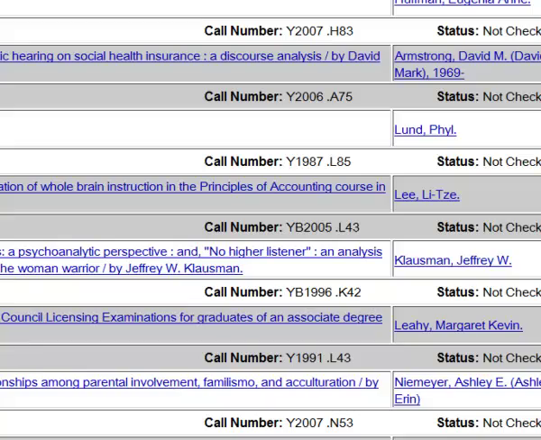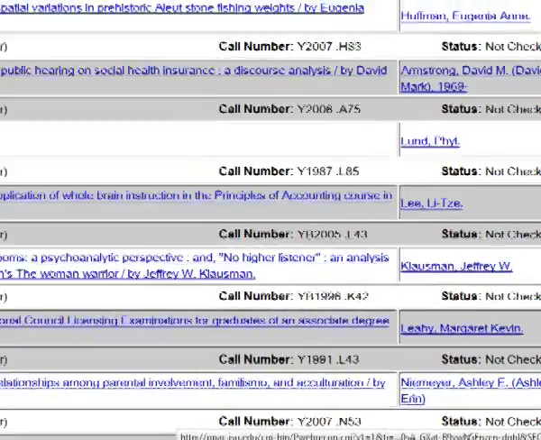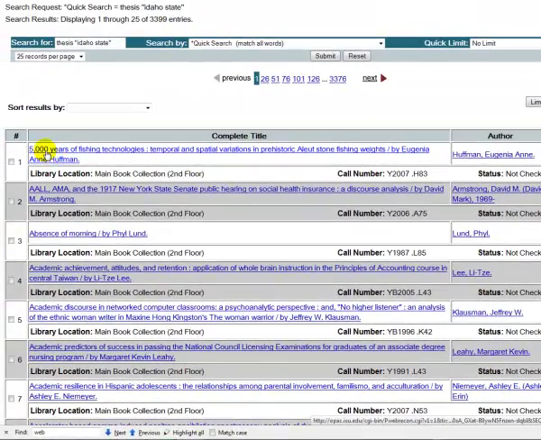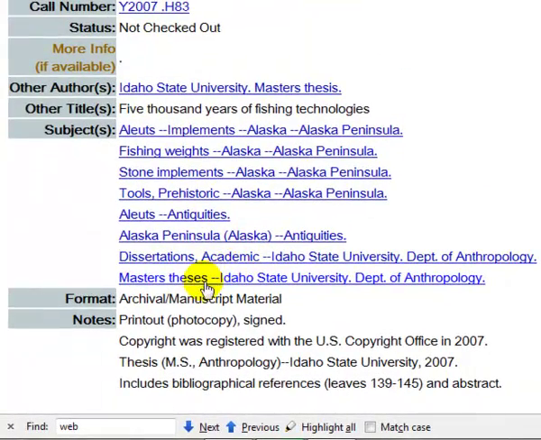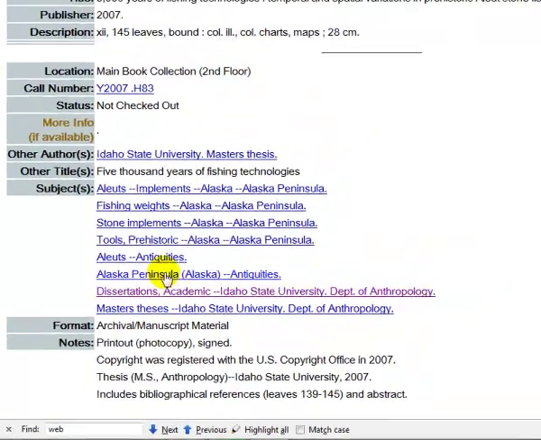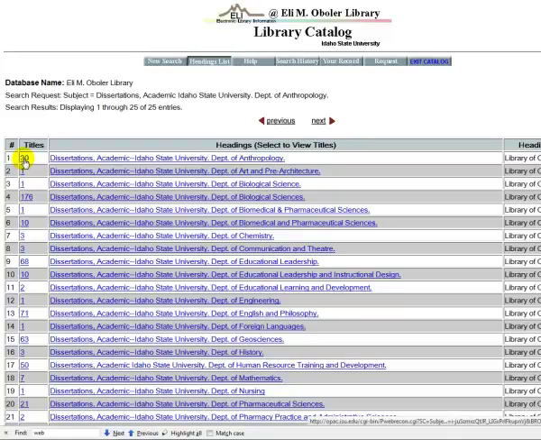So one other thing that I think is useful is to browse by department. So let's take a look. If we click on this title here, it takes us to this page, and you'll notice that in the subject headings we've got master's theses at ISU from the anthropology department as well as dissertations. So if I'm interested in looking at dissertations in that department, I can click on this link, and then I